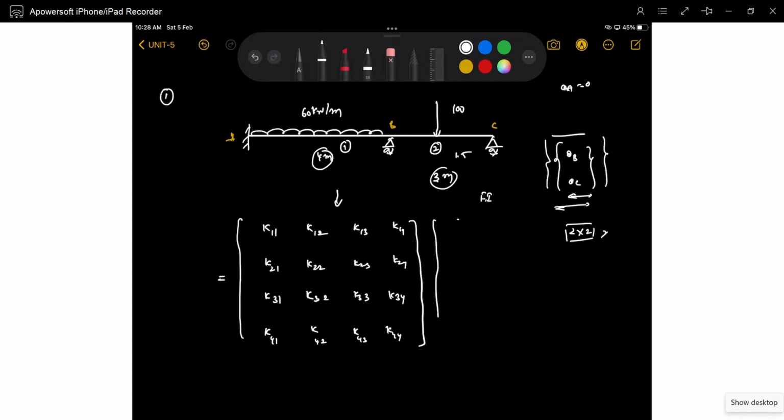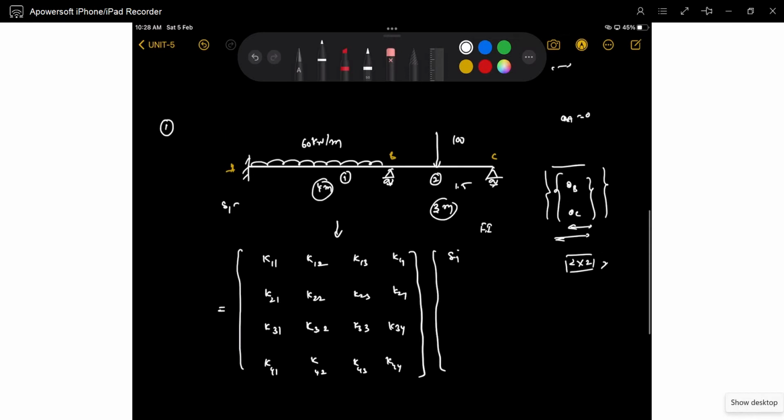So the deformations are delta 1. Here if you see, delta 1 is also 0. So delta A is 0, delta B is also 0, delta C is also 0. Okay, delta A, delta B, delta C are also 0. Then theta A, delta 2, theta B. That's it. Plus,